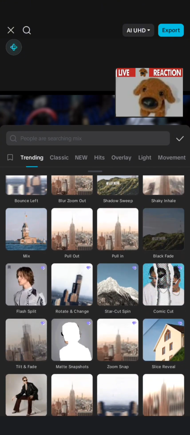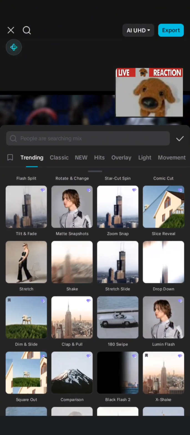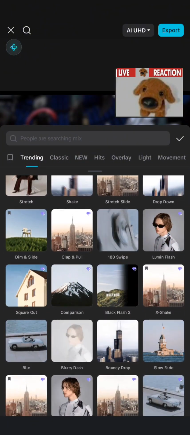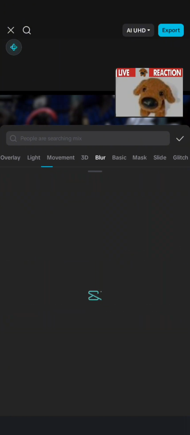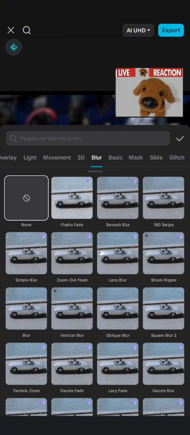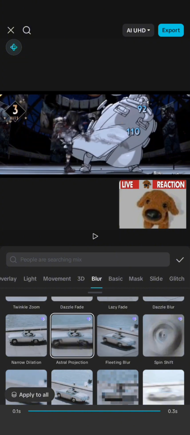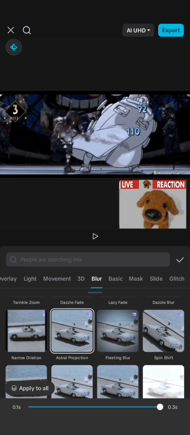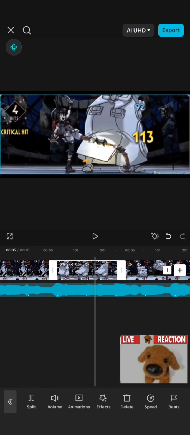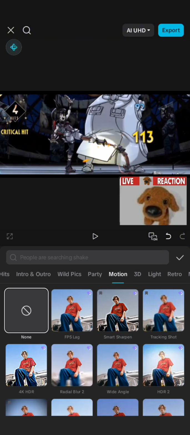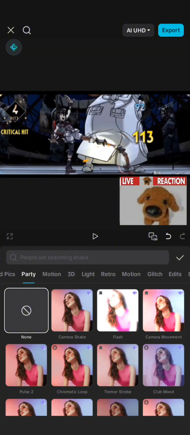Now it's time for the transition into the big spot of the edit, I guess, the main part. I said I would use something like a distortion or a blur, so let's see what they have. This astral projection seems pretty decent, I guess. It kind of gives impact, like a smoke effect that could work pretty well. So now I want lighter effects for this part of the edit, so it pops out a bit more.